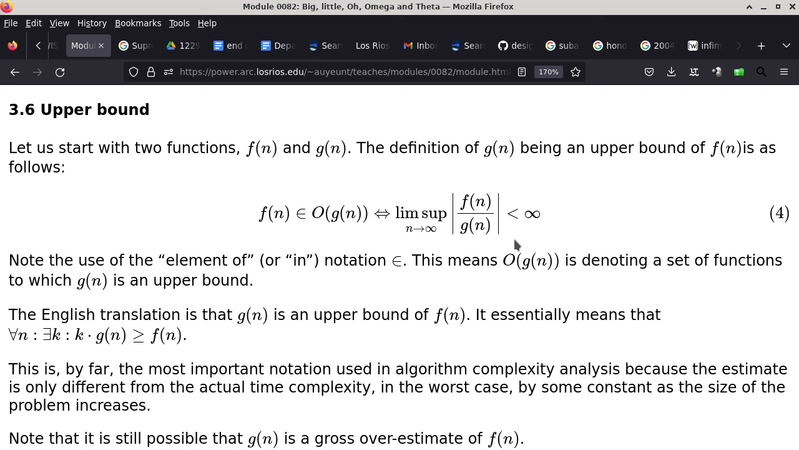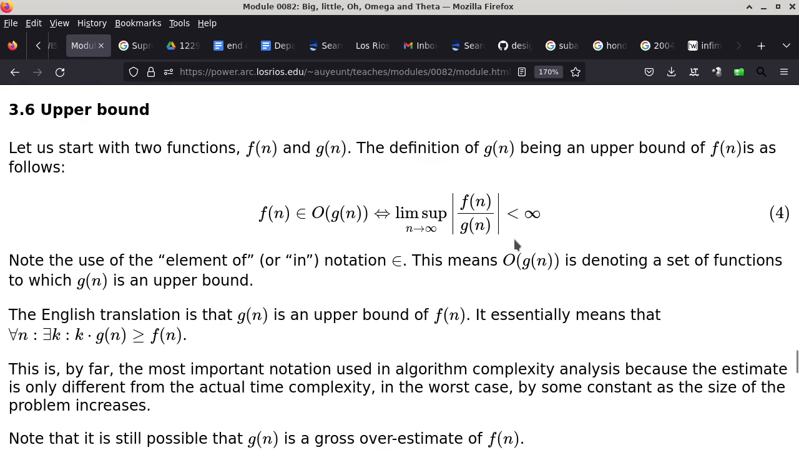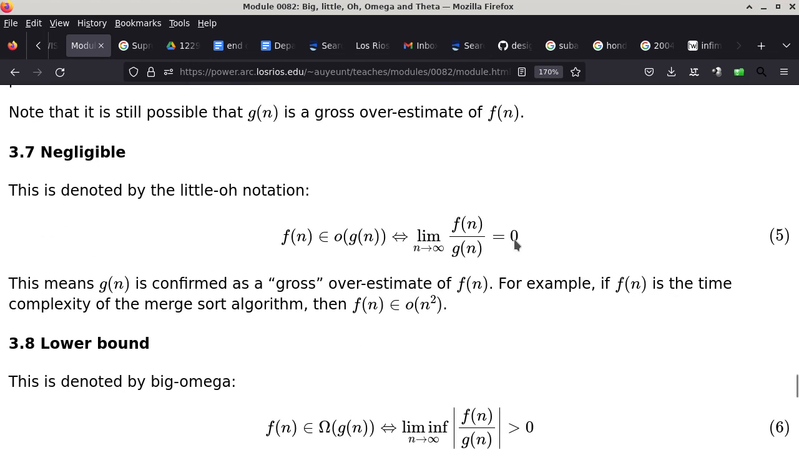I do want to finish this lecture. Let me see, how far do I have to go? I'm almost there. Okay. So this is the upper bound. I will skip negligible. So negligible is using lowercase o. I mean, when was the last time you saw a time complexity expression using the lowercase o? Never, almost, right? Because lowercase o simply says g of n is a gross overestimate of f of n. I mean, why would you want to use g of n when it is just way over what f of n is? In other words, you can say that